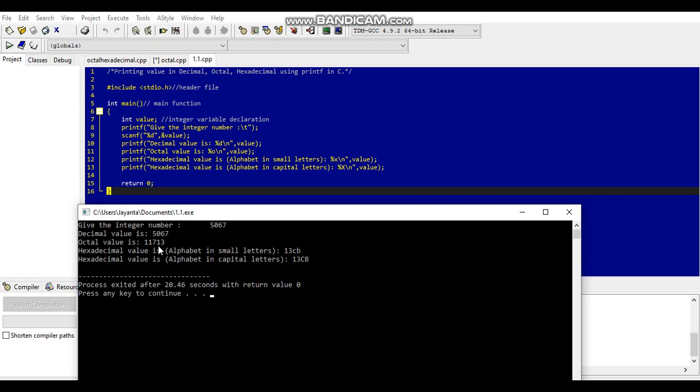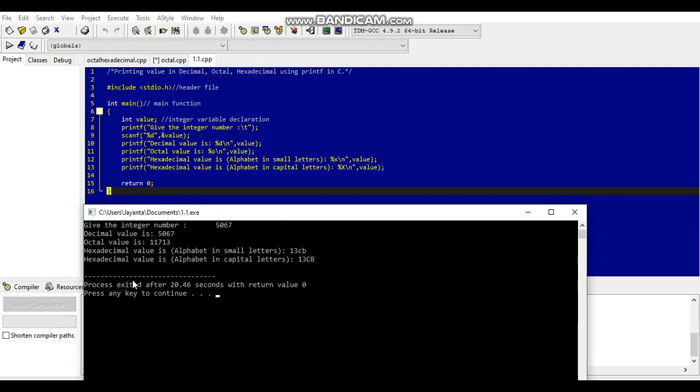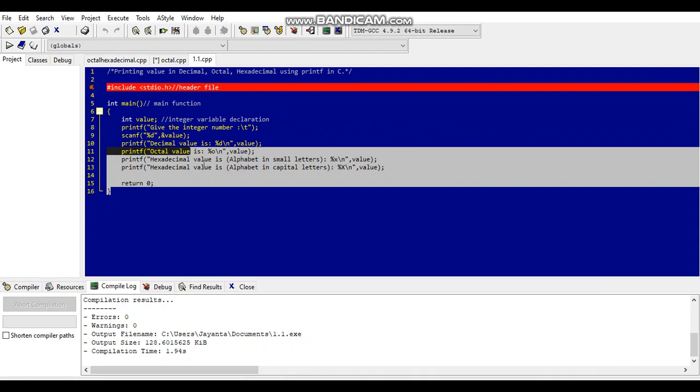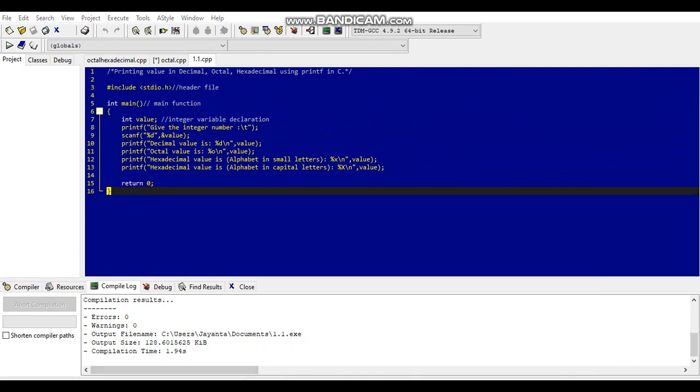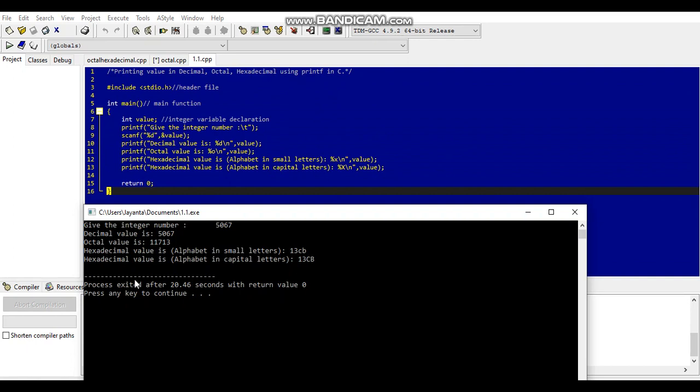So when you write in your lab copy, you first write the question like this, then the code, and after that you write the output like this.